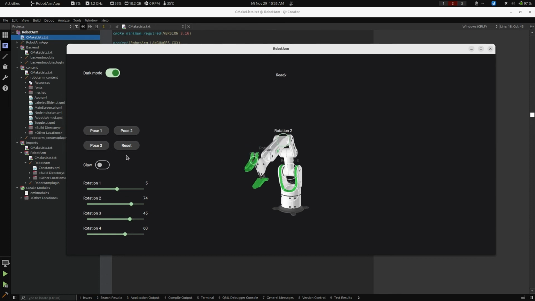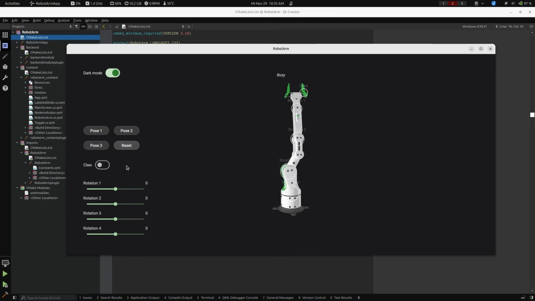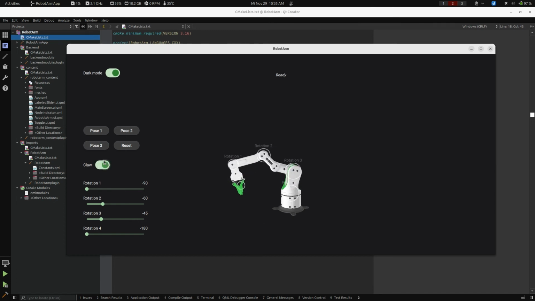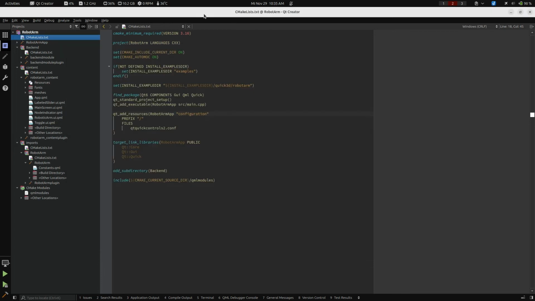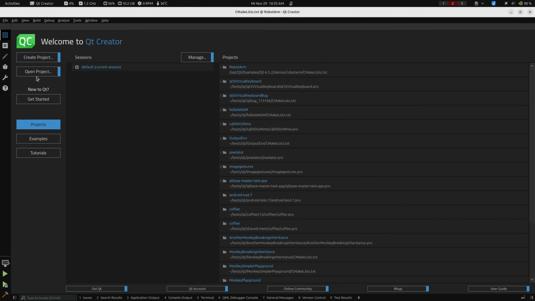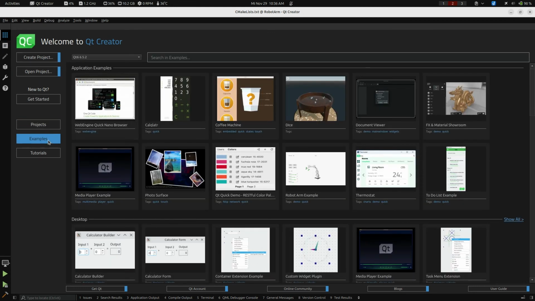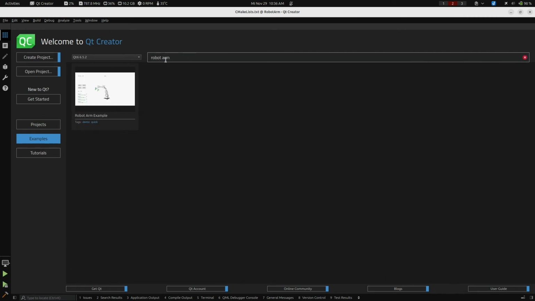And what we have, which is rather important when it comes to testing, we can reset to a specific initial position. Next to this, of course, we have a claw, and we can claw things. I like that. And we can unclaw and release the cargo. So this is the little demo application we can use, and you can find it here in Qt Creator when you go to examples and start a robot arm. So it's a Qt Quick application which you can use.